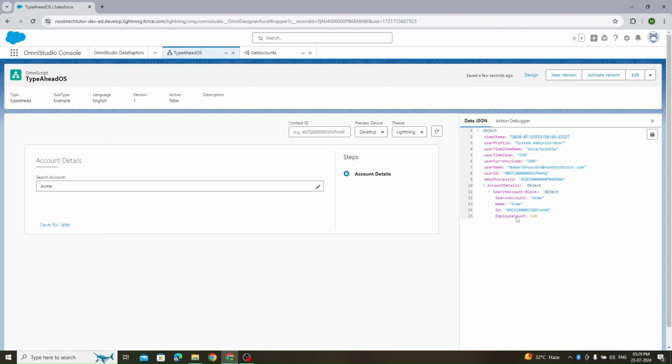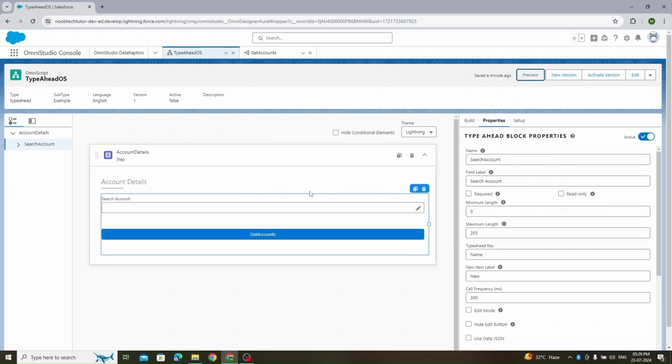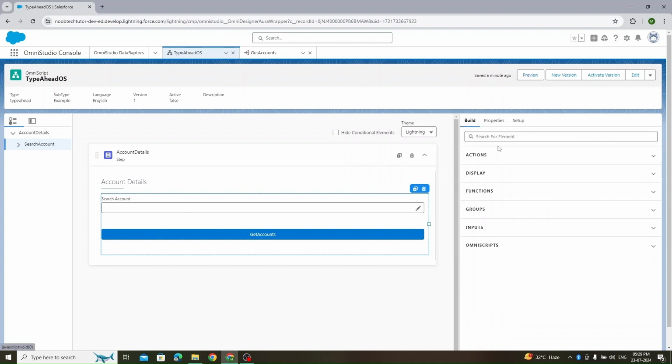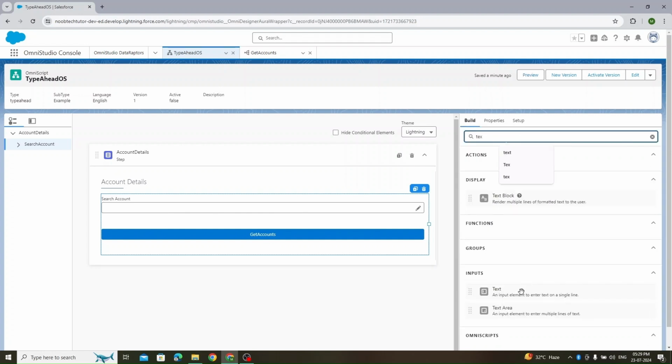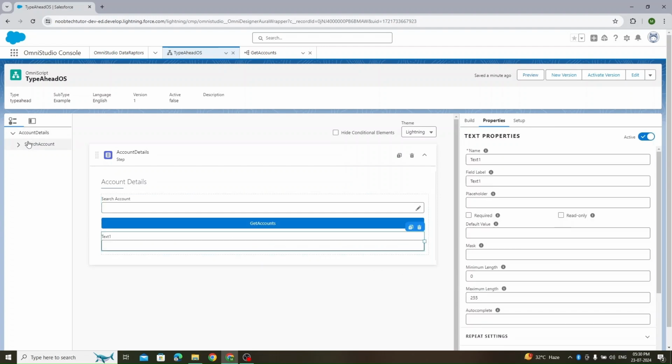So you see we have values in the data JSON, but it is not being displayed anywhere. If we want to display the count of employees, we need to add more fields to the edit block. Let's add one and see. So we have added a text field, which will be number of employees, we can say, and the label will be